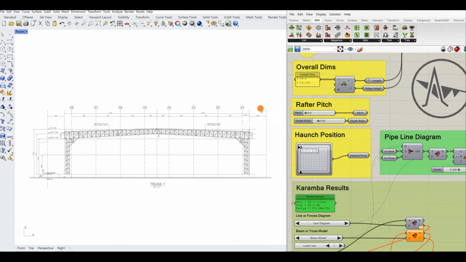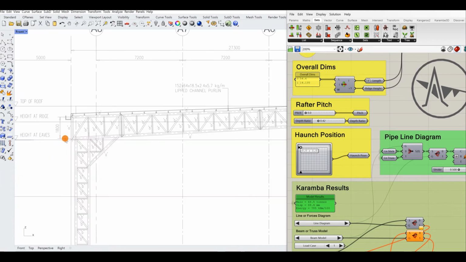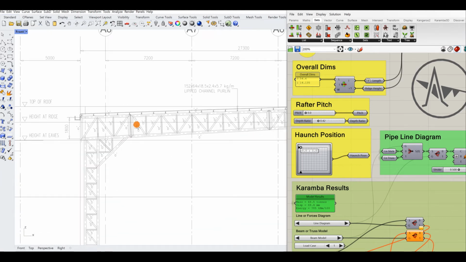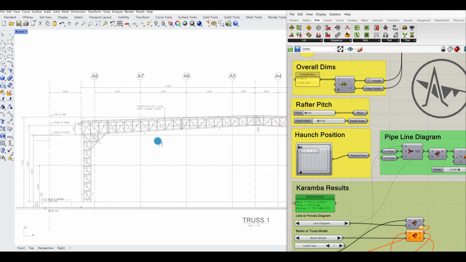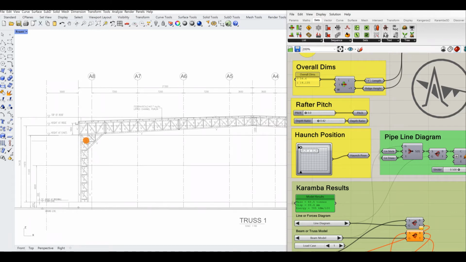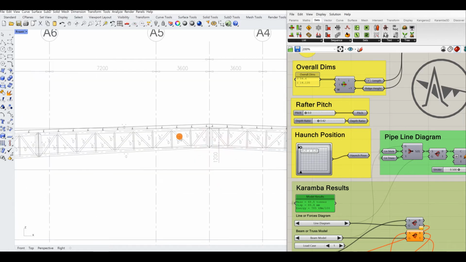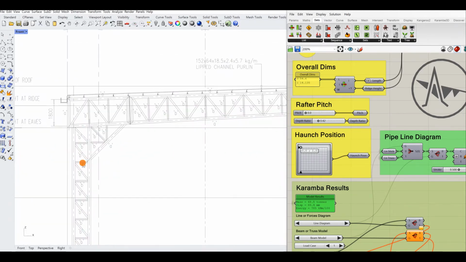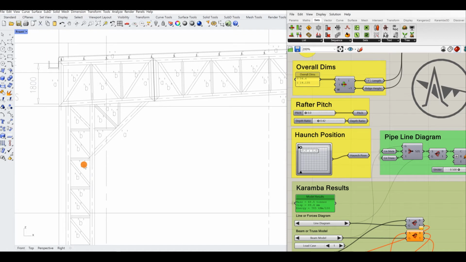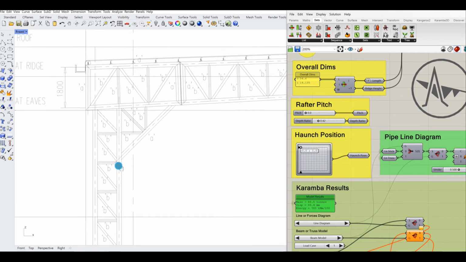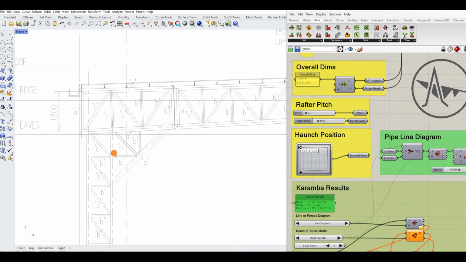Hello. What we have here is an architect's design for a warehouse, which is interesting in that instead of utilizing some deep I-sections, the framing is done using trusses. This original design has some items of note in that the trusses are slightly tapering and that some of the noding is a little bit off. For example, where the column truss connects to the rafter truss and at the haunch.